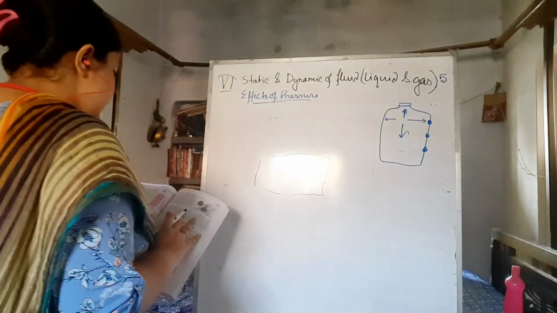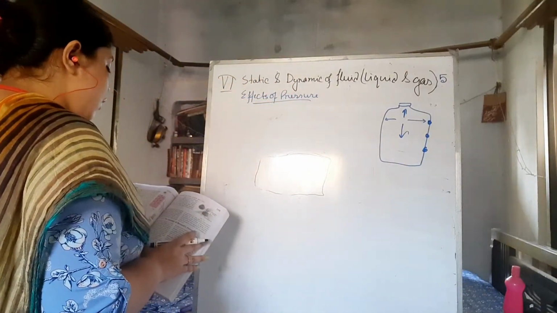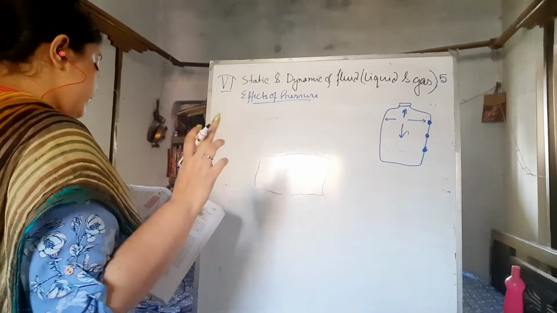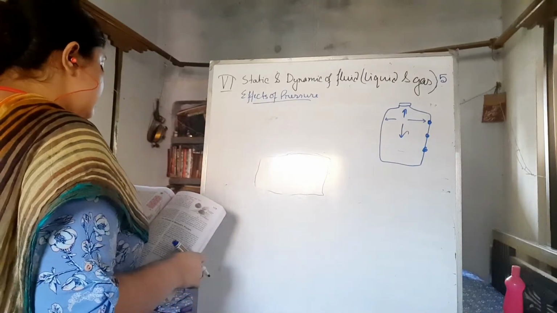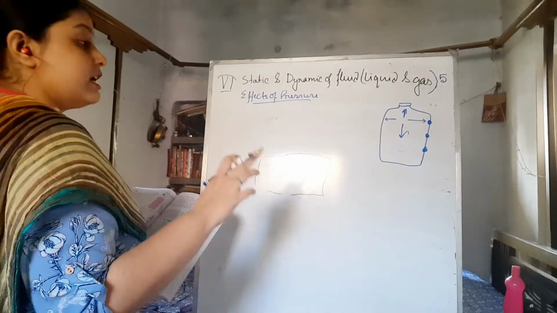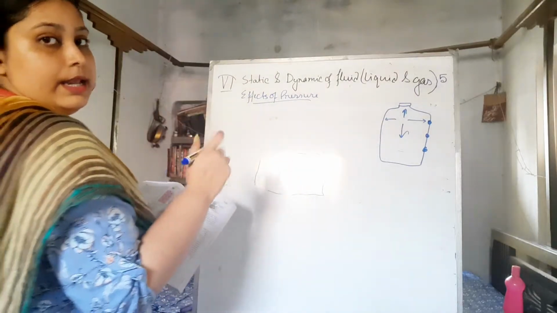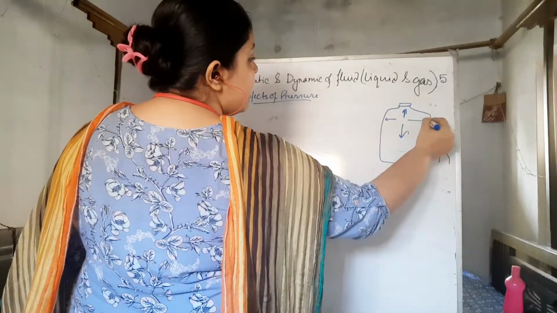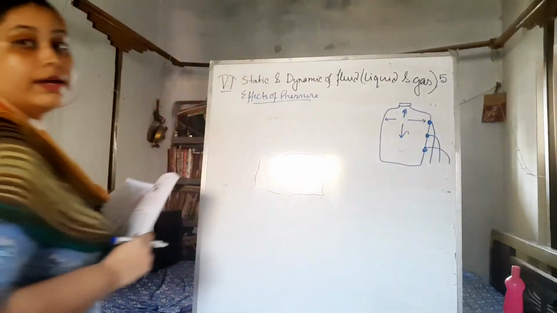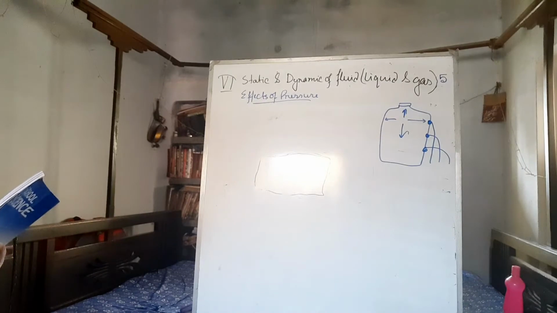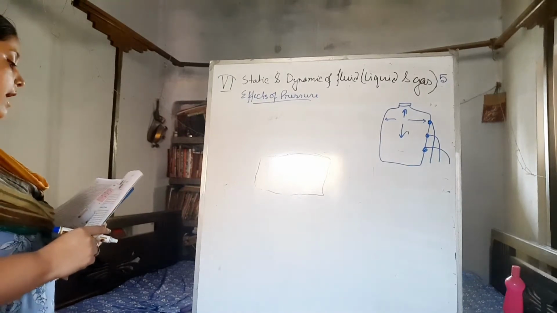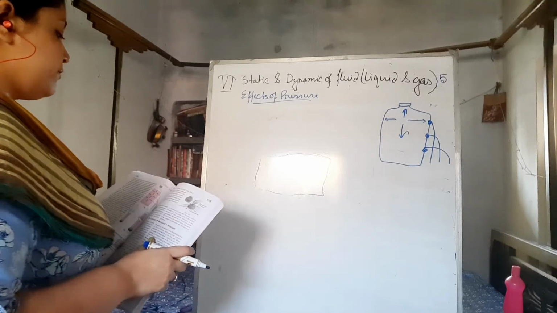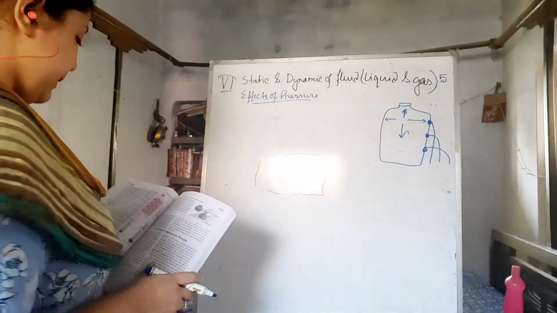So we can see that the flow of the water from the bottommost hole travels the furthest, because the pressure exerted at this point is the highest compared to the upper ones. Like these will flow like that, and it will flow like that. This is the result by which we can assess that the pressure increases as the depth of the liquid from the free surface increases.